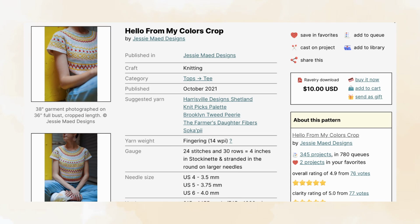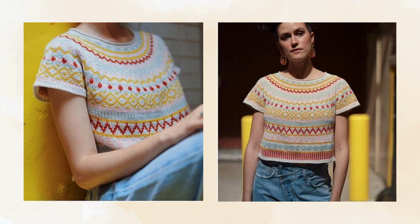The 9th pattern is Hello from My Colors Crop by Jessie Maed Designs. It comes in 9 sizes with finished bust measurements ranging from 34 to 66 inches and a recommended 4 to 7 inches of positive ease. It suggests using a fingering weight yarn and a US 4, 5, and 6 or 3.5, 3.75, and 4mm needle